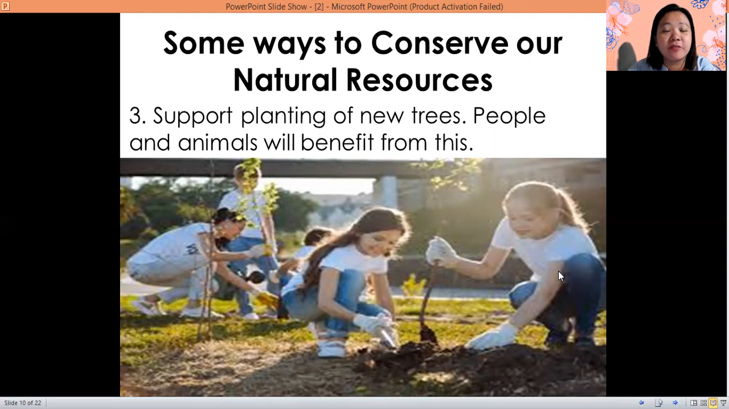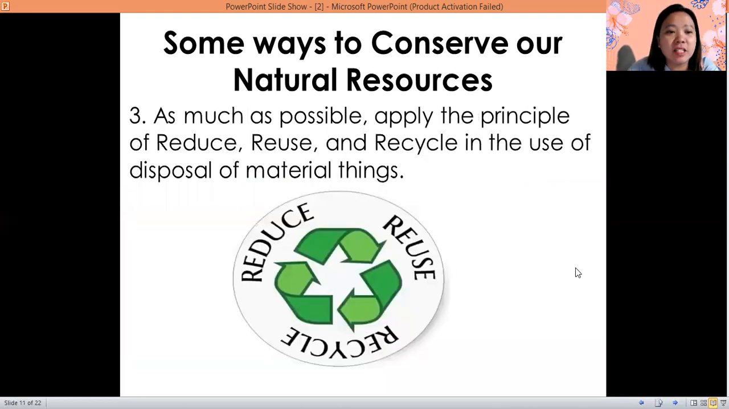Okay, we can benefit from the trees by what? If there's a flood, they are the ones helping us to prevent flood, the trees. And also if it is too hot, they give us shade and a nice weather, right? Okay, next, number three, as much as possible, apply the principle of reduce, reuse, and recycle in the